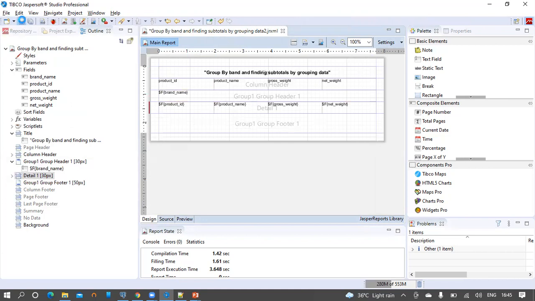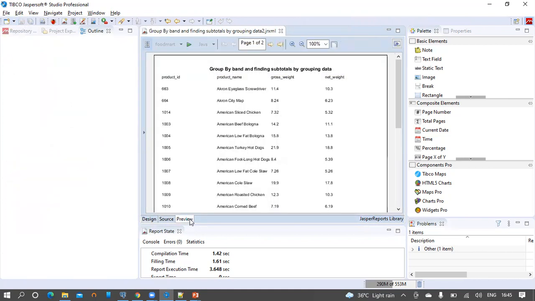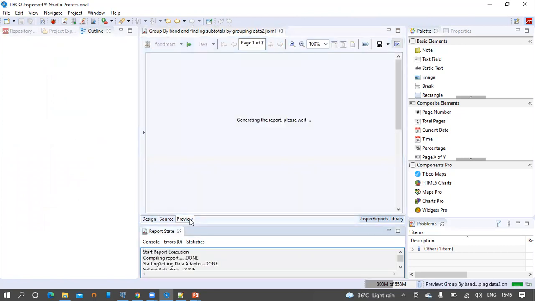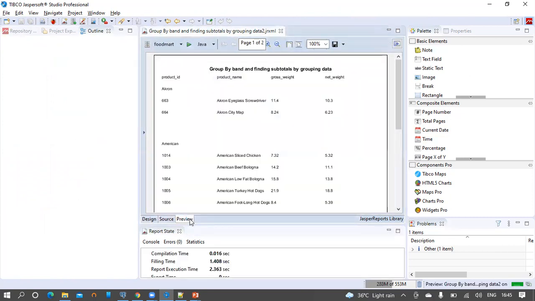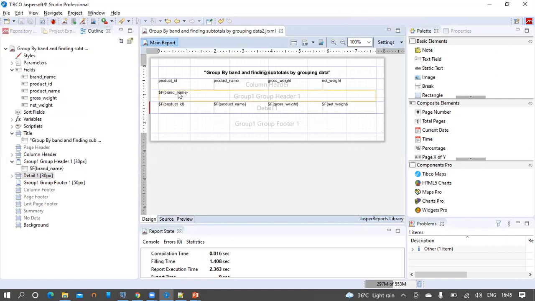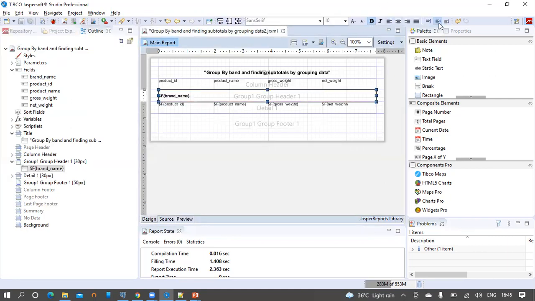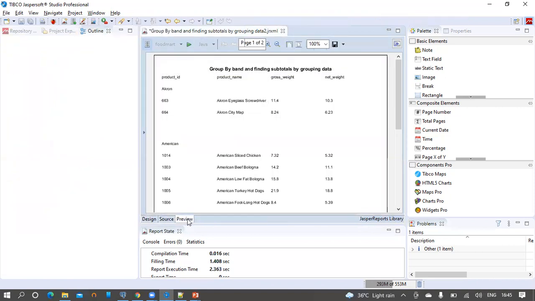Select save the report and preview and run the report. We can see that the data of the product is grouped by brand name here. So for more visibility, let's bold it and click on preview again.